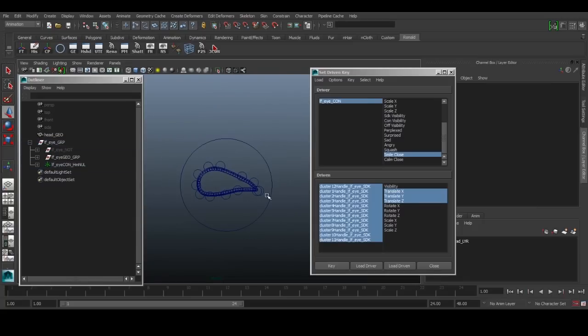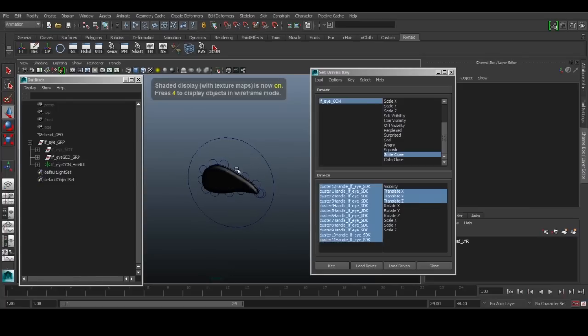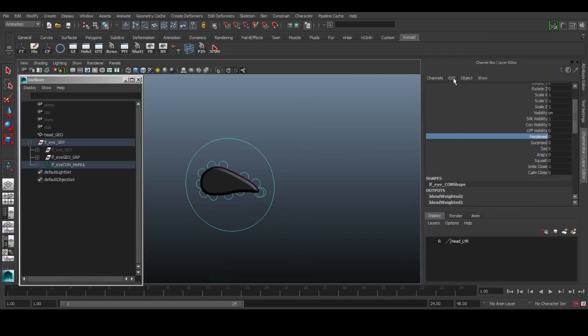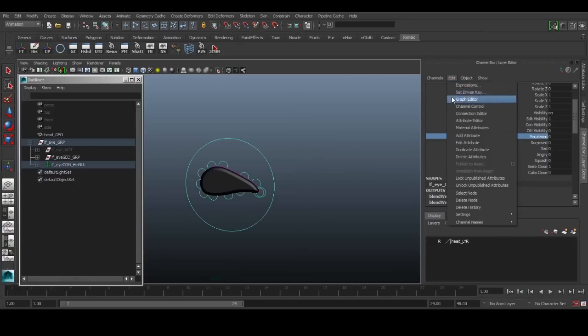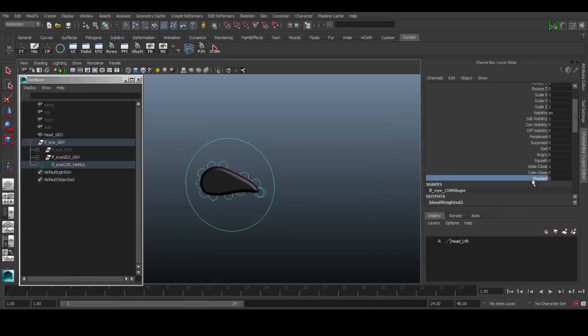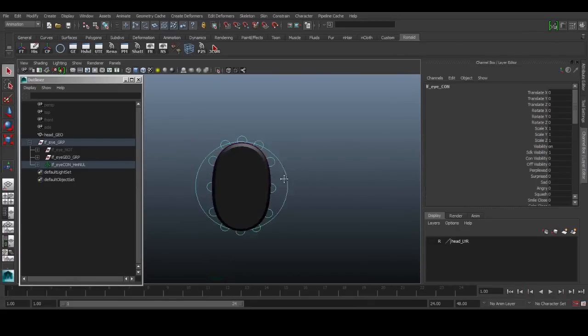So yeah, you can sculpt any shape you need for all these attributes. You can add more attributes if you want. I can add some, think of expression, maybe shocked. So let's add an attribute, call it shocked, and 0, 1, 0 and add, and then we have shocked, and then we can use all these SDKs to sculpt a shocked shape. So we're done with our left eye.